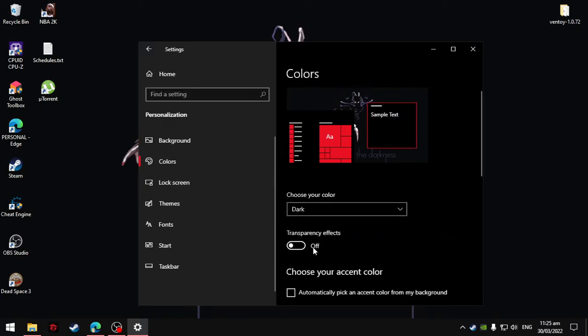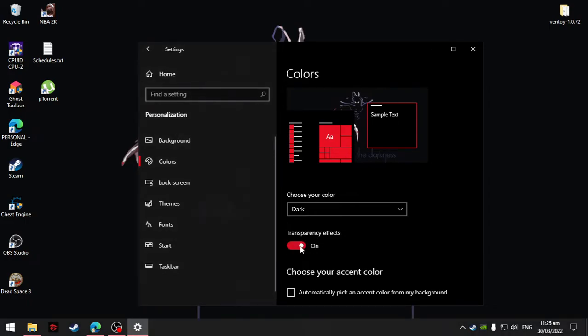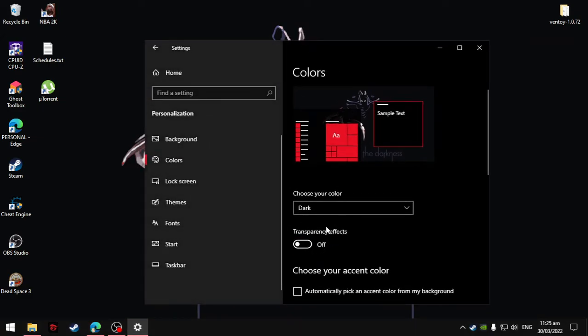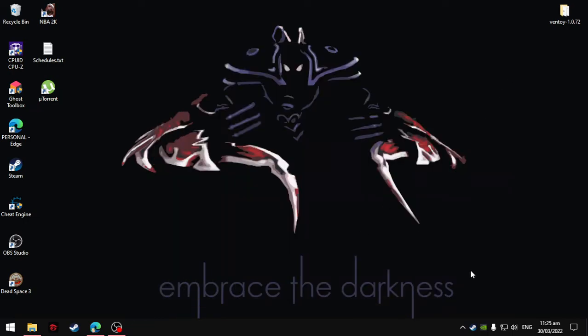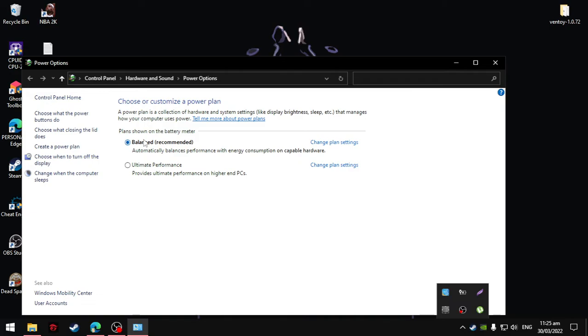select Transparency Effects to off, turn that off. After that, close the settings, go to your battery settings, go to power options, select balanced,